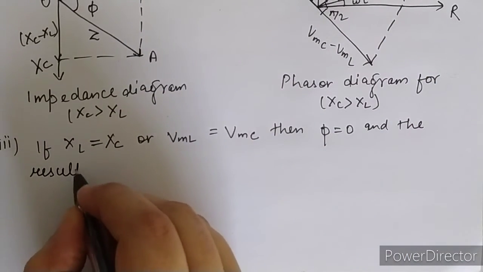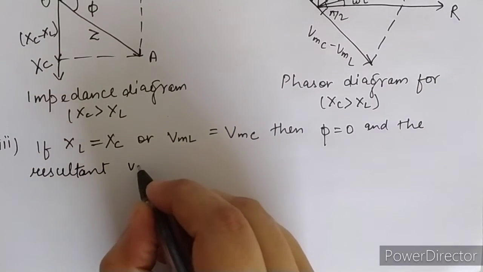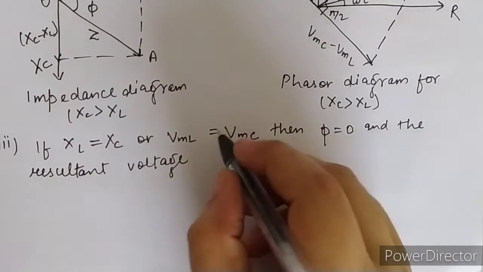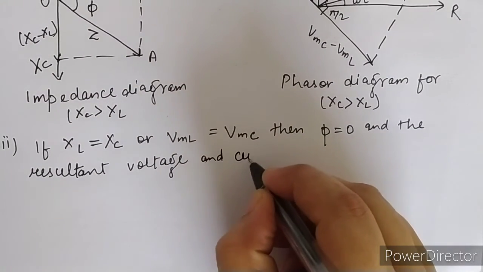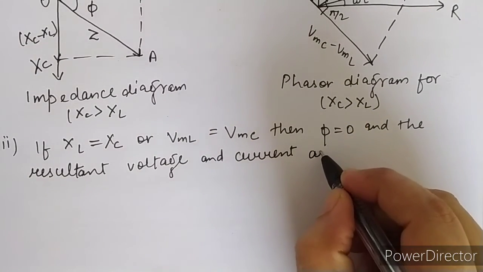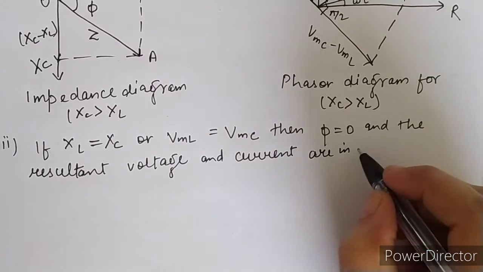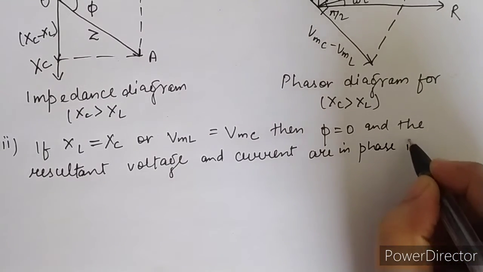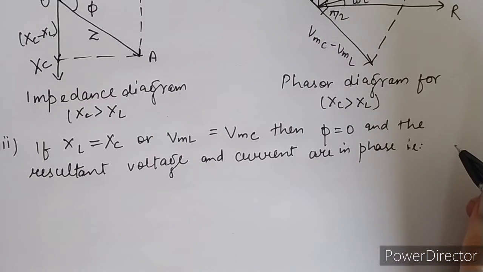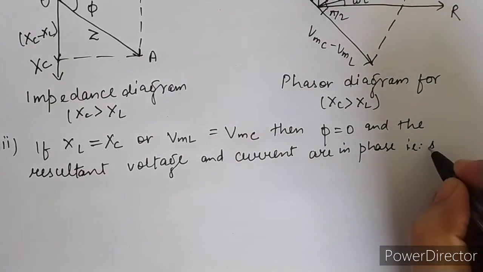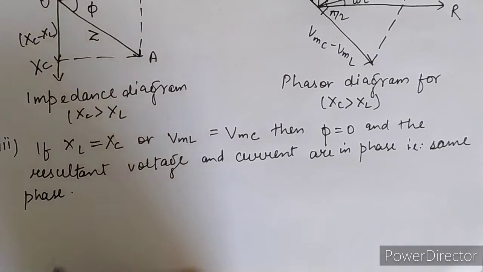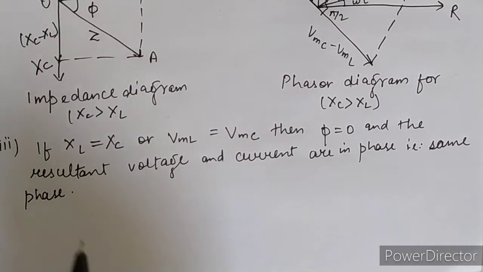What is the resultant voltage? And even the current also. The resultant voltage and the current, with phi 0, are in the same phase. That is, they have the same phase. And when XL is equal to XC,